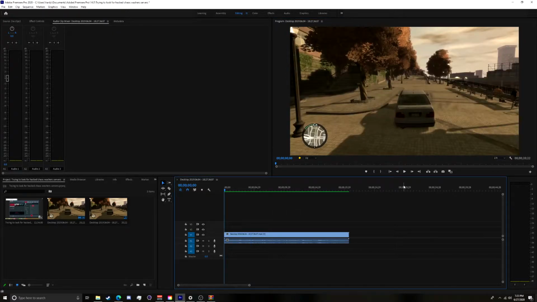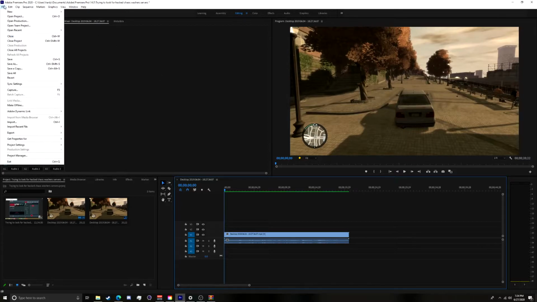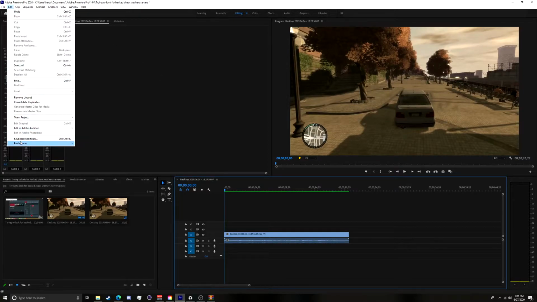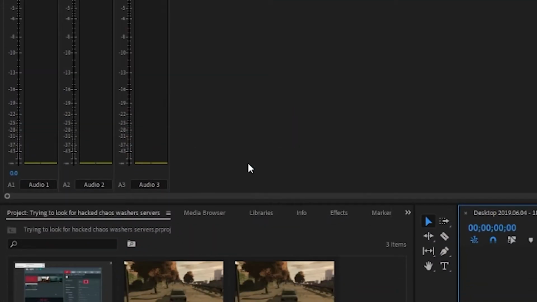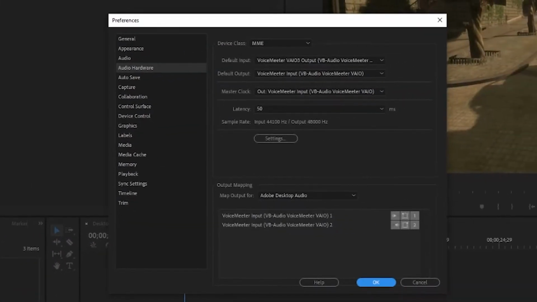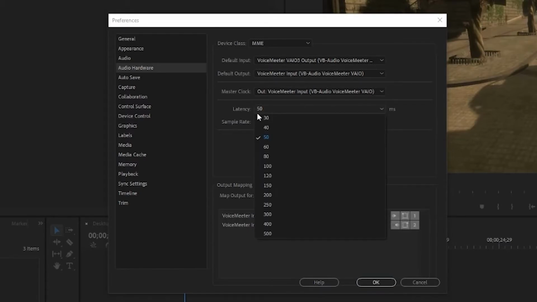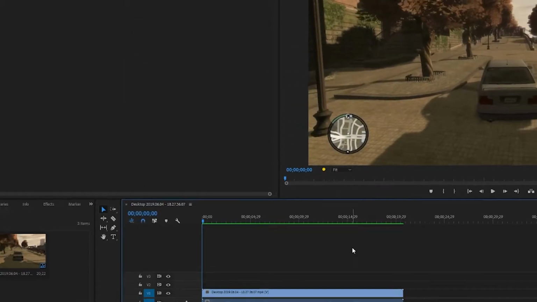I was looking everywhere for this, and I couldn't find a solution, but I actually had to come up with this on my own. When I was digging through preferences, so you go to Edit, Preferences, and then Audio Hardware, I had to look through these, and I found something called latency. For whatever reason your latency is by default 50, so I set this to 500, and